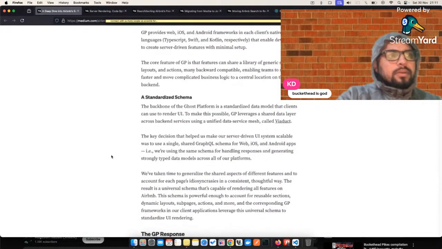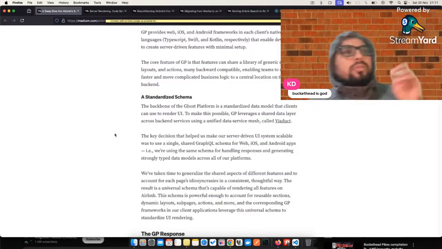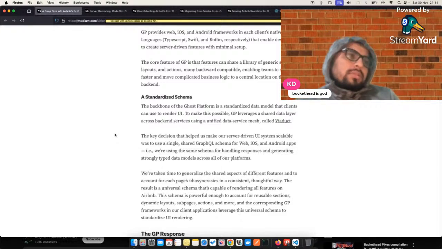Standardized schema. Backbone of the Ghost platform is a standardized data model that clients can use to render UI. To make this possible, GP leverages a shared data layer across backend services using a unified data service mesh called Viaduct. The key decision that helped us make our server-driven UI system scalable was to use a single shared GraphQL schema